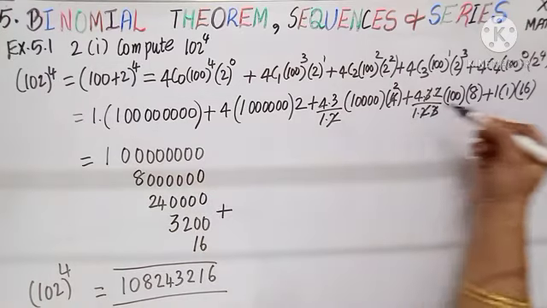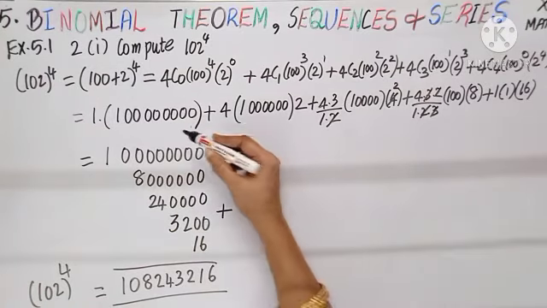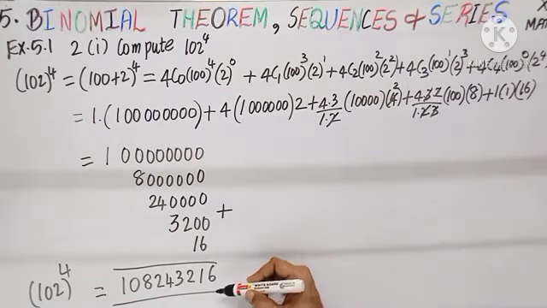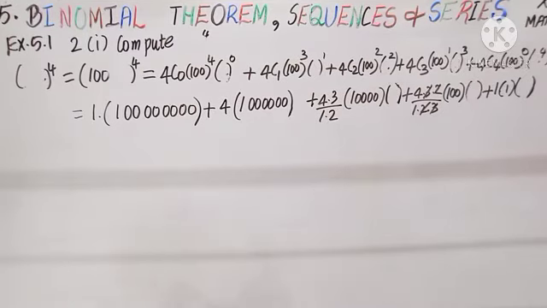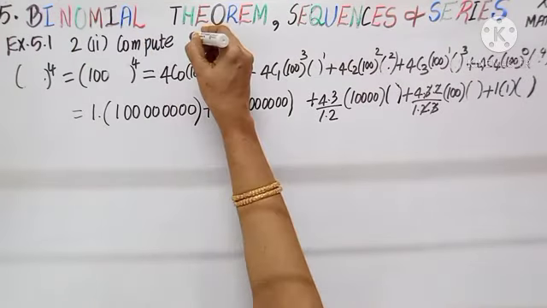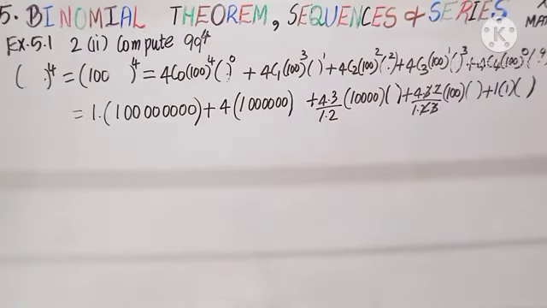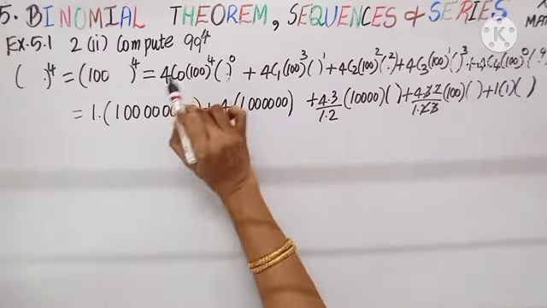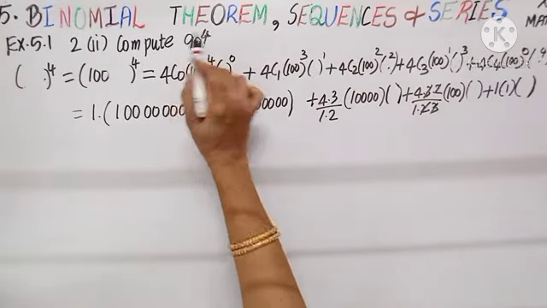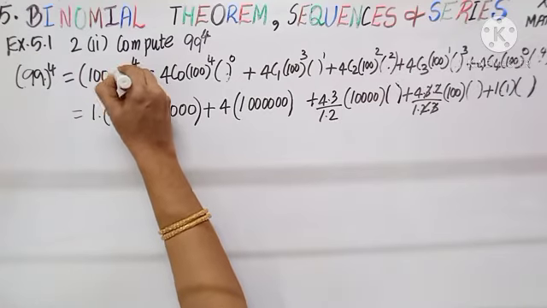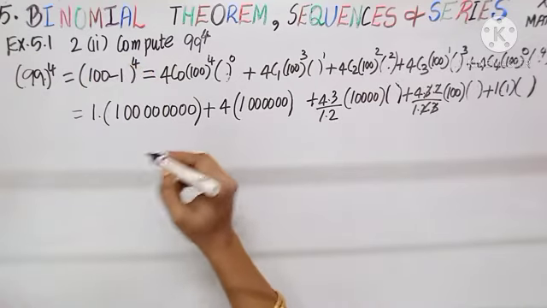We have just added. You can also add it as it is. Those who find it difficult, place the digits one below the other. So addition will be easy. Second subdivision, 99 power 4. How are we to do it? The earlier we did 102. Now it is 99. How will you write 99 as? 100 minus 1 power 4.